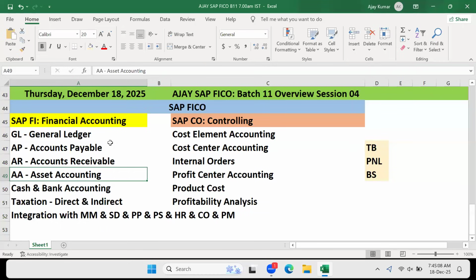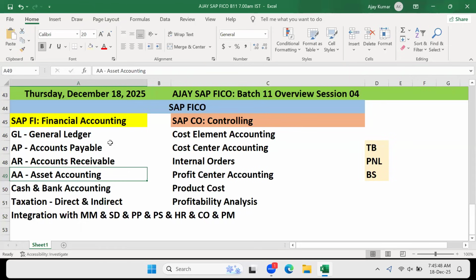Nobody will do it. The debit, credit posting will happen automatically in the background. That is your integration. If purchase data is coming into FI or accounting, it is called FI-MM integration. Similarly, if sales data is coming, what is it called? Which integration is bringing sales? FI-SD integration. Here we were talking about purchases. When we talked about purchases, did we talk about direct purchases or purchase based on the purchase order? Based on the purchase order.